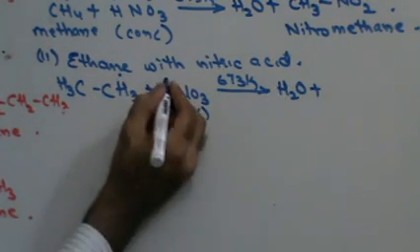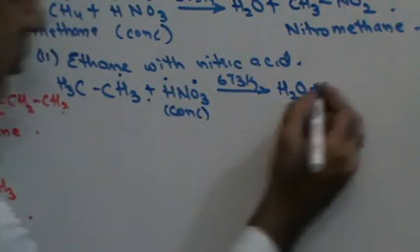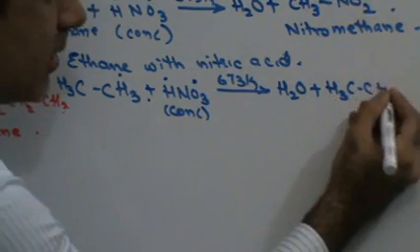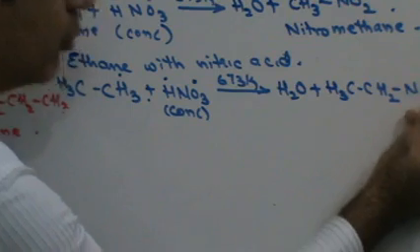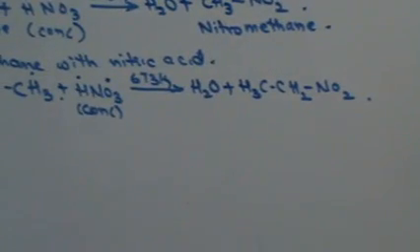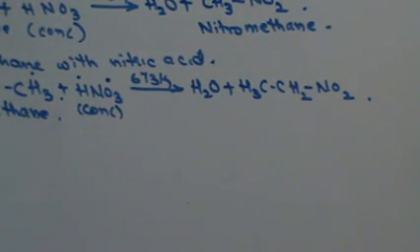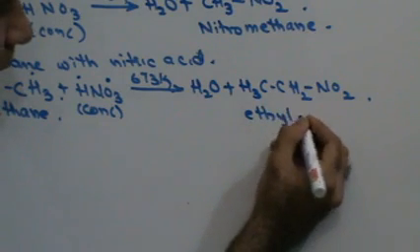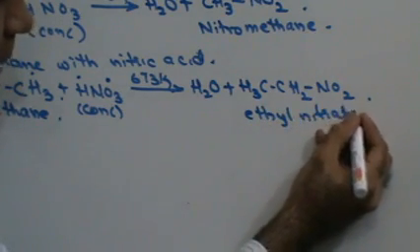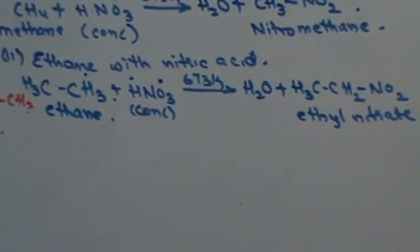One H gone from here, one H gone from here, one O gone from here. That leaves you with H3C, CH2. This H is gone, NO2. Right? So ethane will react with concentrated nitric acid to give you 2 carbon atoms, ethyl nitrate, or IUPAC name can also be said as nitroethane. Fine, do we get this thing clear? Next,